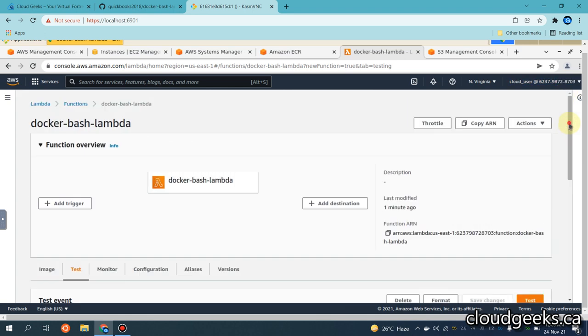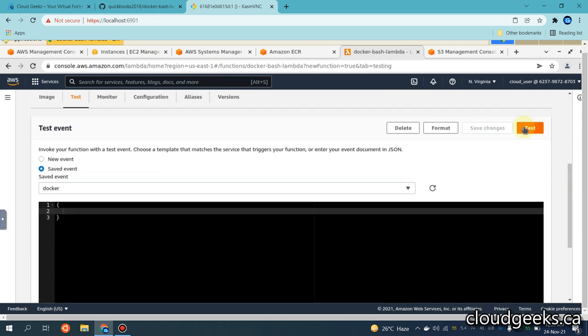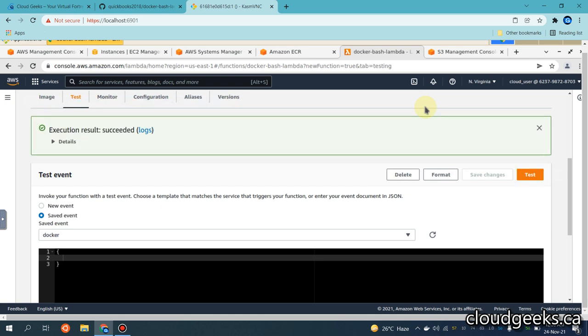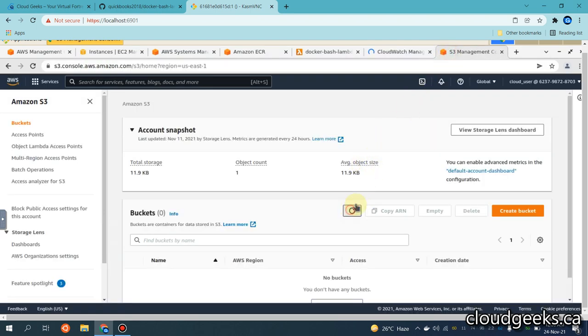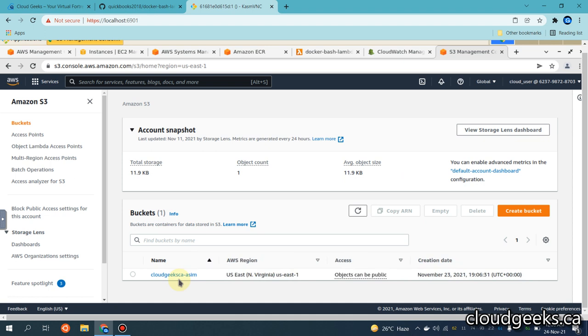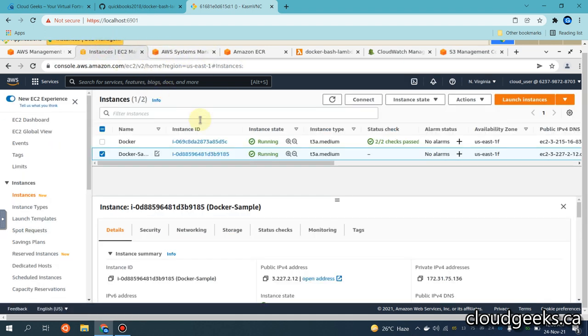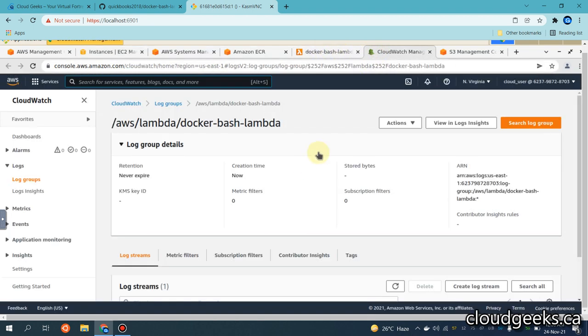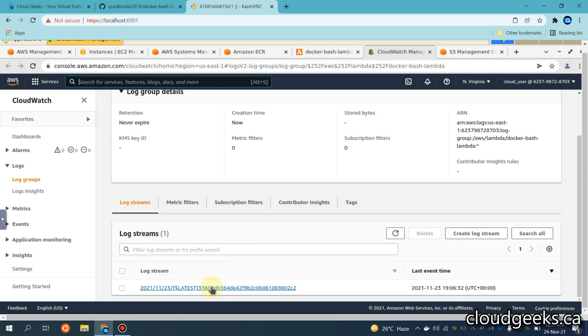As I told you, this is the basic bash script we are running in a Docker container. Let's see if everything goes well. We have a success, and you will see one S3 bucket is created here with the name cloudgeekca.asim. If I navigate to the EC2 section and simply refresh it, you will see that it is now stopped because of that particular lambda. I've also opened the logs. If you click the log stream,